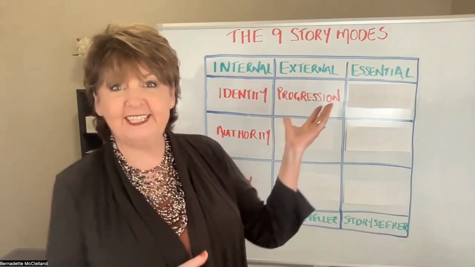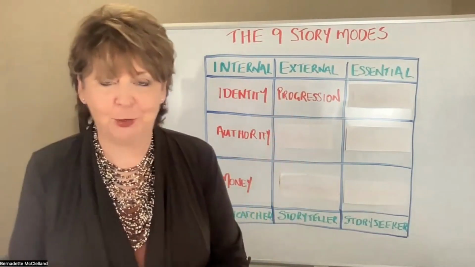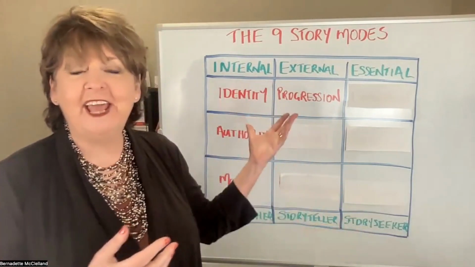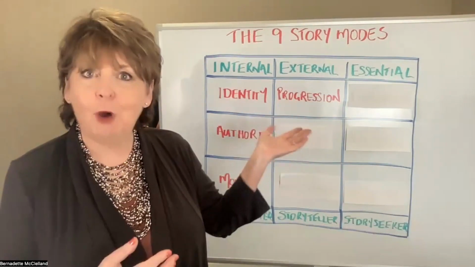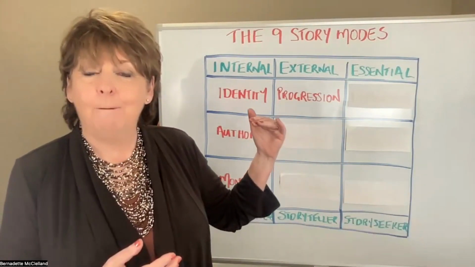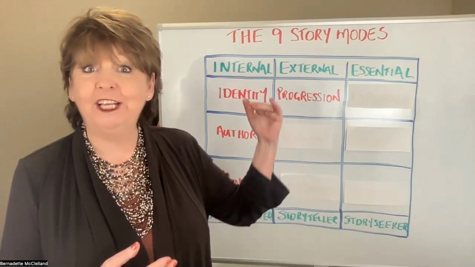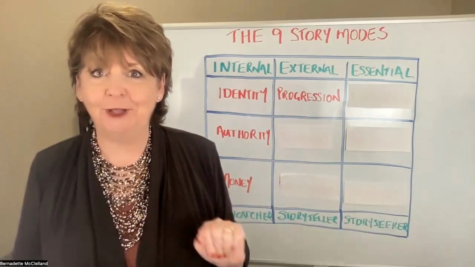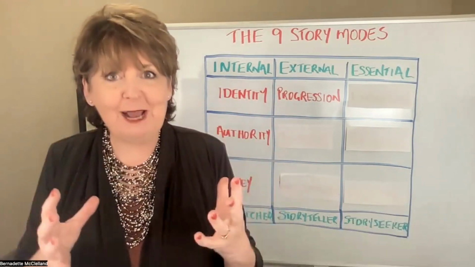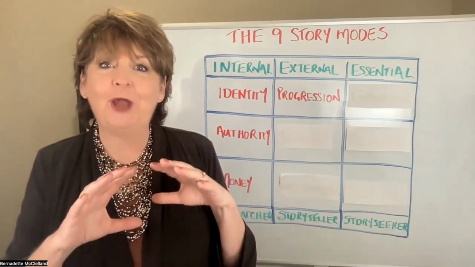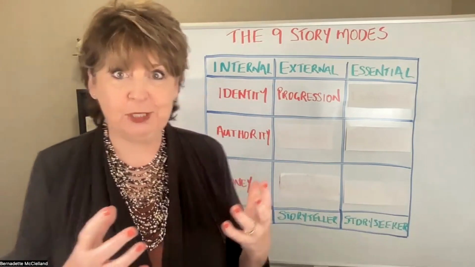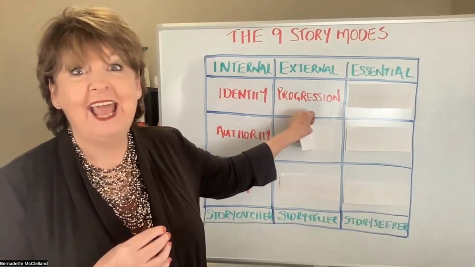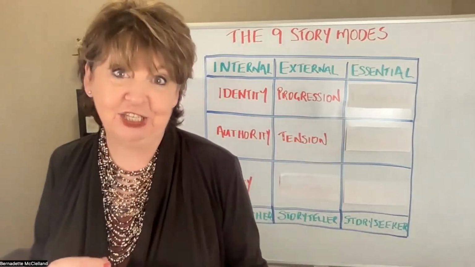Now, we have started down this track of external stories that we need to show and tell our buyers. In looking at the last video, we looked at the progression model and how we take our buyer on a journey of guiding change. So this is really the who and the why around change. We're going to shift it up a little bit now, and we're going to look at the second external story that we need to collaborate on with our buyer to show and tell, and that is the tension model.